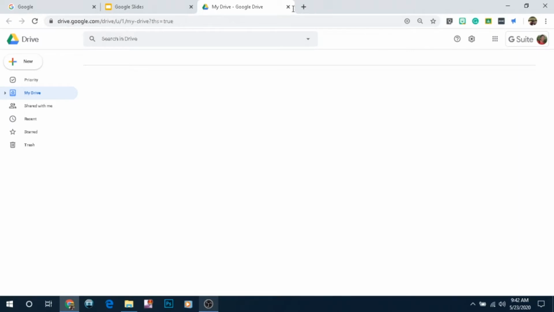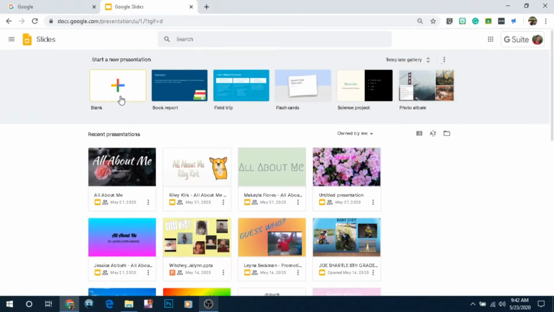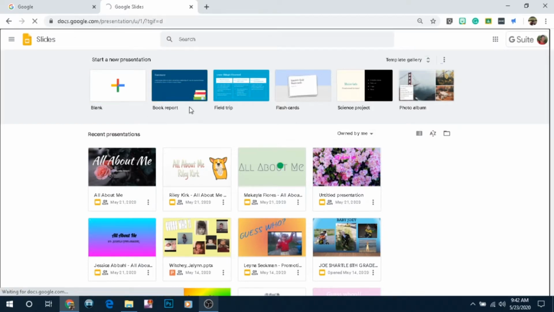Alright, so in this video, what I want to show you guys is how to add pictures or GIF files to a Google slideshow. So let's start off by opening up a slideshow from here. And once you're in,